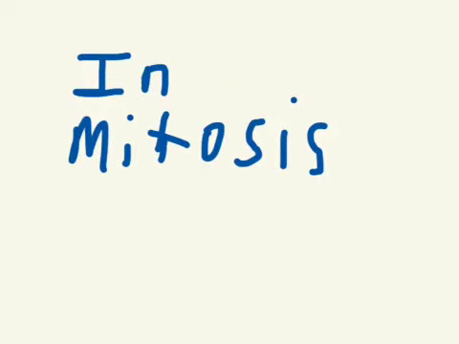In mitosis, the sister chromatids pair up, and the sister chromatids get split apart. Then they're pulled apart into separate cells. And the sister chromatids are in two different cells,